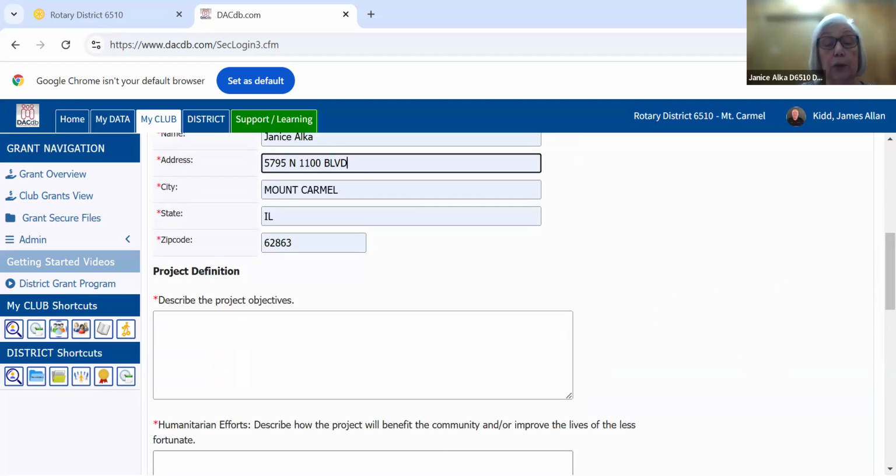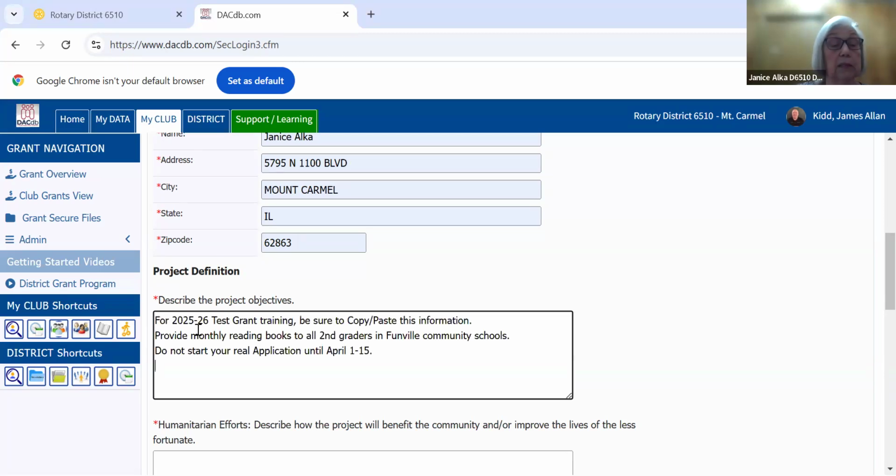So we're going to go back to our samples, and we're going to highlight our description, and what we're going to do is copy and paste that. Remember, Control C, and then we're going to come back, minimize it, and paste it into our project objectives. And we're saying that we're going to provide monthly reading books to the second graders of